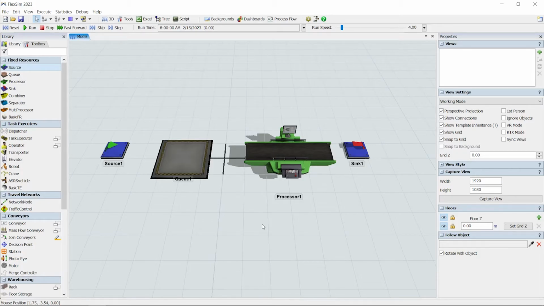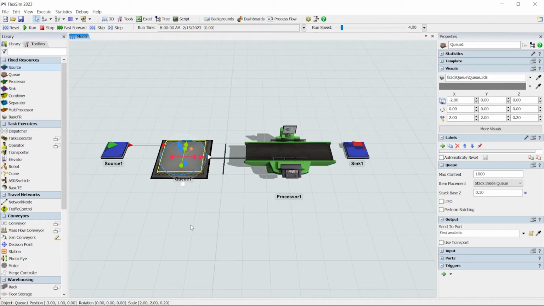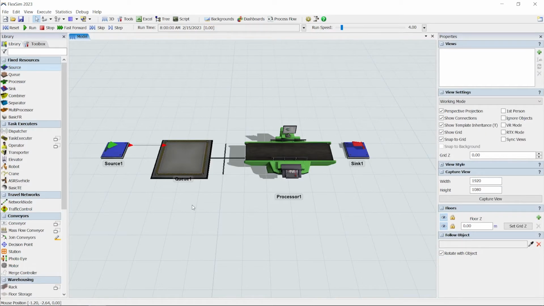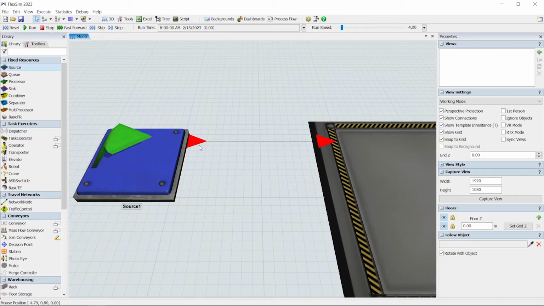To make this connection, hold the A key to enter Connect Objects mode, then click the source and then the queue to connect them. In Connect Objects mode, you can keep clicking to connect one object to the next in the direction that items will flow, or you can quickly release the A key and then press and hold it again to reset things and connect 2 new objects together. You can now see a visual indicator of the connection, with an outward-pointing red arrow showing the output port on the source, an inward-pointing red arrow showing the input port on the queue, and a black line between them.